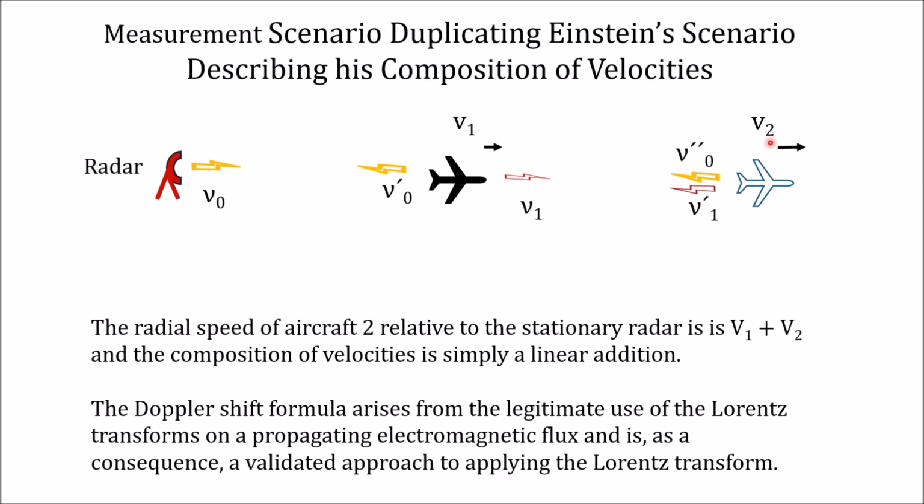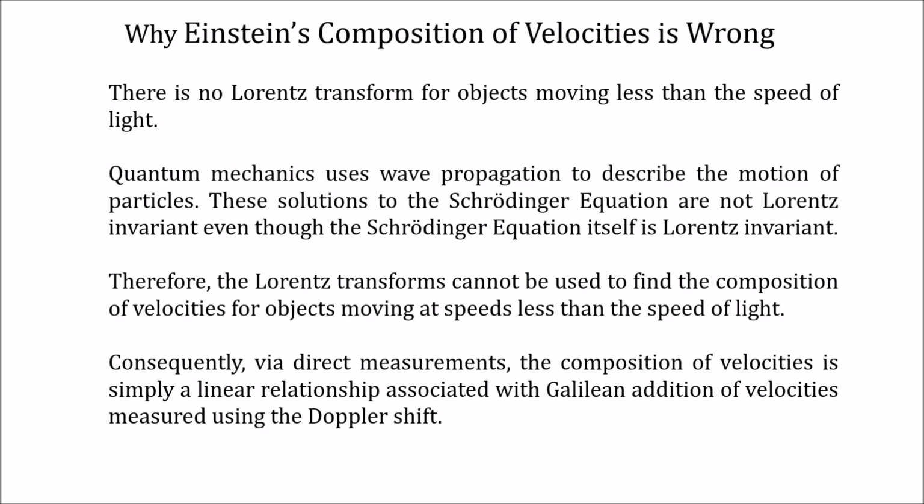Einstein didn't measure any of these velocities. He said, well, this is moving with speed v1, this is moving with speed v2 with respect to the first moving object or frame itself. And again, he basically said, well, it knows that it's moving at speed v2 relative to v1. And so he just said it's true, and he said that we can always know what the speed of the second object is relative to the first object. So in a sense, the scenario is highly contrived. What we can basically say is that the composition of velocities just simply doesn't exist.